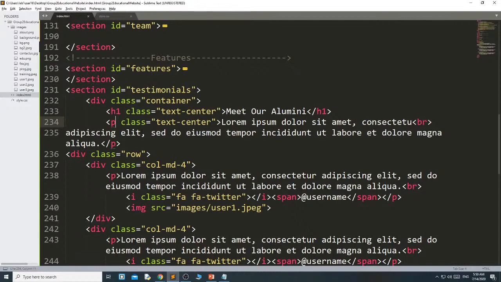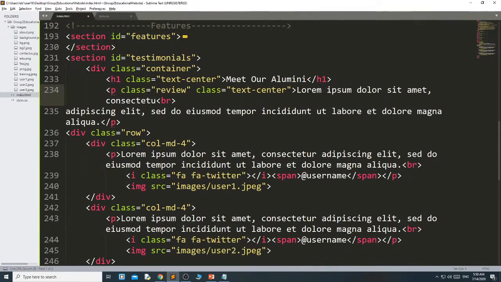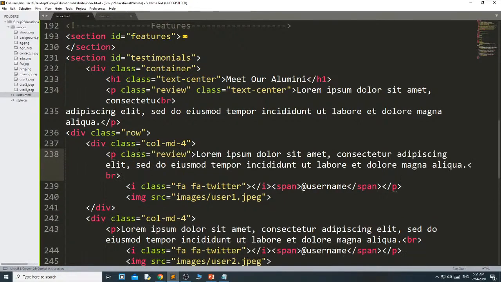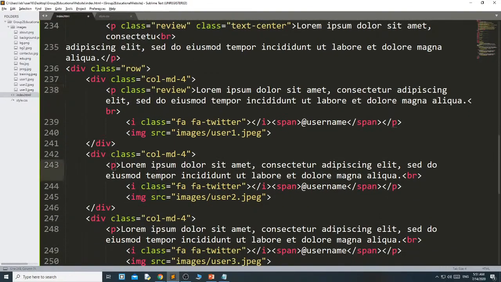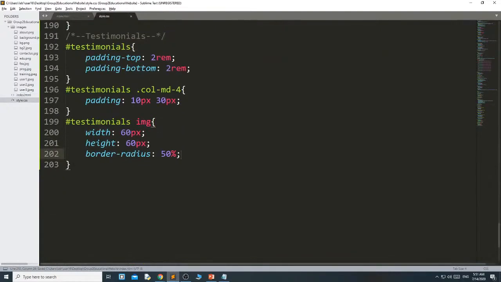I give a paragraph class, suppose review. This review class I copy and paste. Okay. Now here I write dot review.